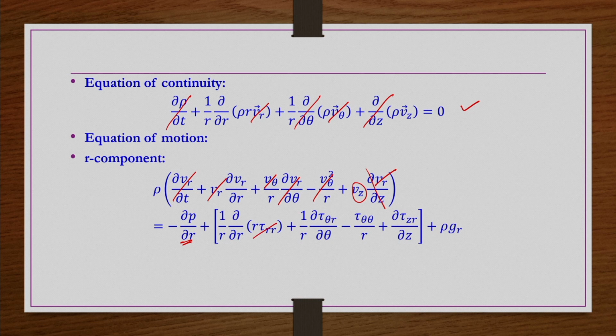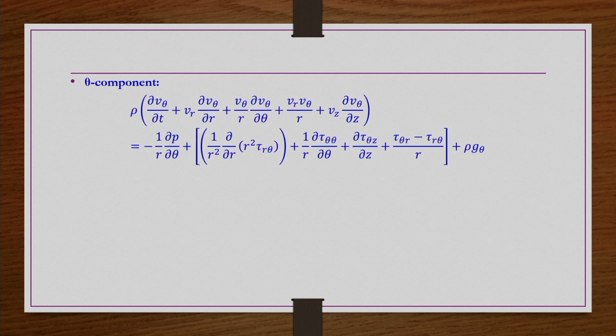This term tau Rr would have only Vr terms, which are not there, and because of the symmetry this term is 0. Tau theta theta would also have only V theta terms, so it will be 0, and because of the fully developed flow dou by dou z of any flow variable is 0. So this is 0, and gravity we are not considering. Also only tau Rz exists in the current flow conditions, so all other shear stress terms are 0. So what do we get here? We get dou p by dou r equals 0, that means pressure is not a function of r. Similarly, the theta component of the momentum equation, if you simplify, steady state.